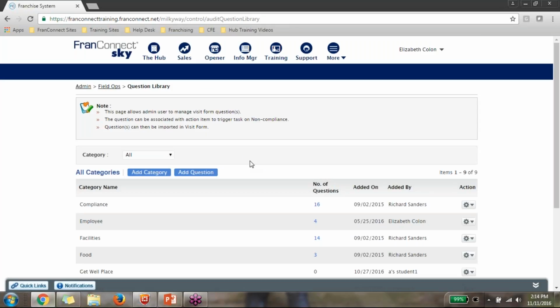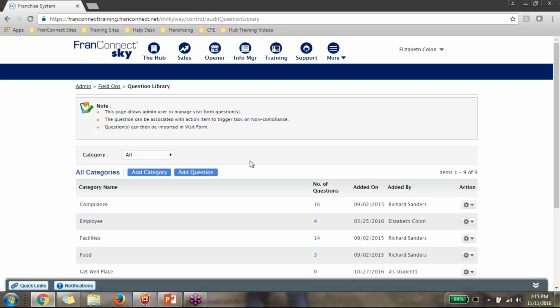An example would be if I do a very extensive annual audit, and that annual audit is very comprehensive. It's got 150 questions. And then quarterly, I want the auditors to go out and maybe do a 30-question audit. Or perhaps I allow my franchisees to do a self-audit quarterly in preparation for the annual audit.